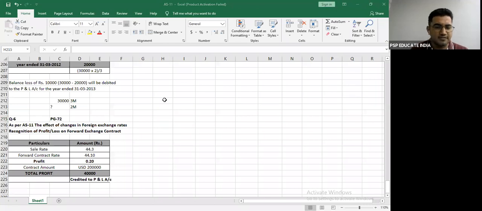Are you clear with this? Please remember the method is the same. The only thing that you have to think is कितने में मैंने बेचा और कितने में मैंने खरीदा था. And entire gain or loss will straight away go to the profit and loss account. It will not be divided between 31st March. Quickly on the chat box. Are you clear with this?